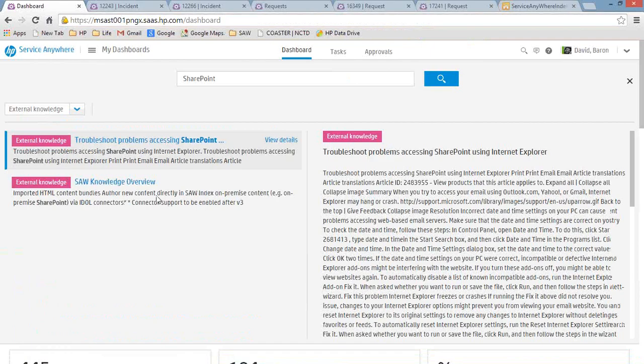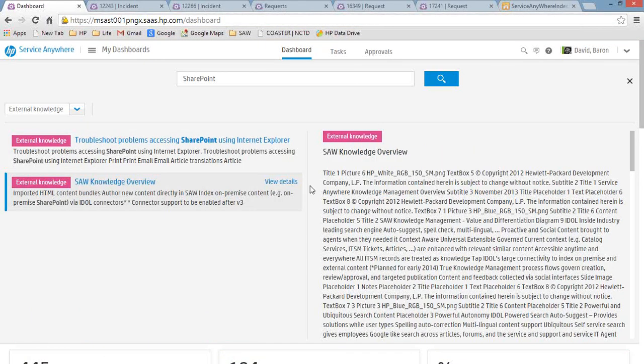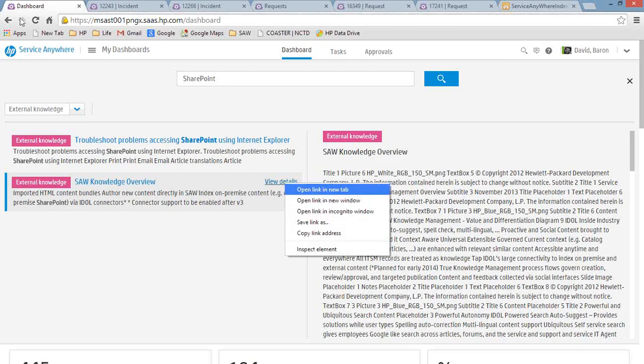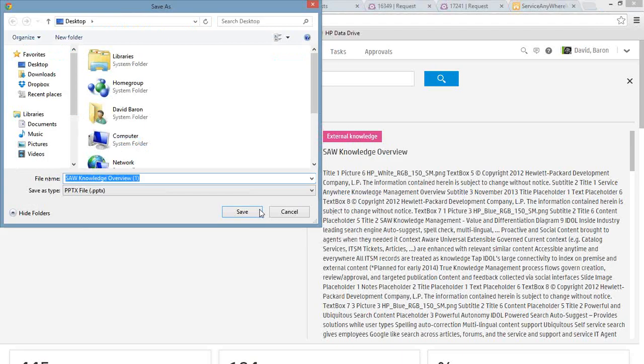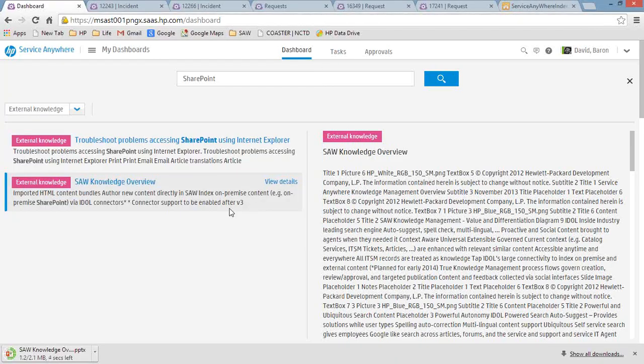This is a Service Anywhere Knowledge Overview. This actually happens to be a PowerPoint file that was stored in a SharePoint that was also indexed and has topics on SharePoint. Let's actually open that PowerPoint here real quick as an example of how big data, in this case, has extended our search